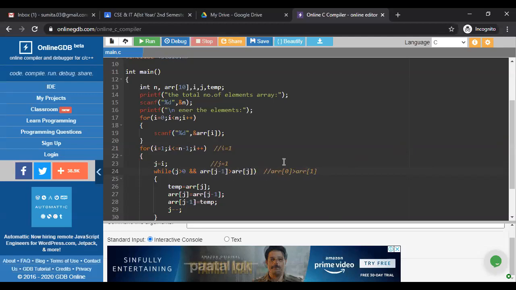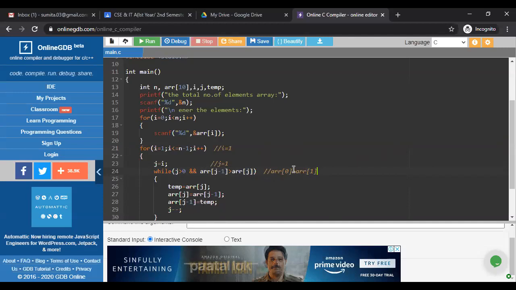So the compiler doesn't enter into that part. Am I clear or not? The compiler doesn't enter into that part because, of these two conditions, one condition is false.